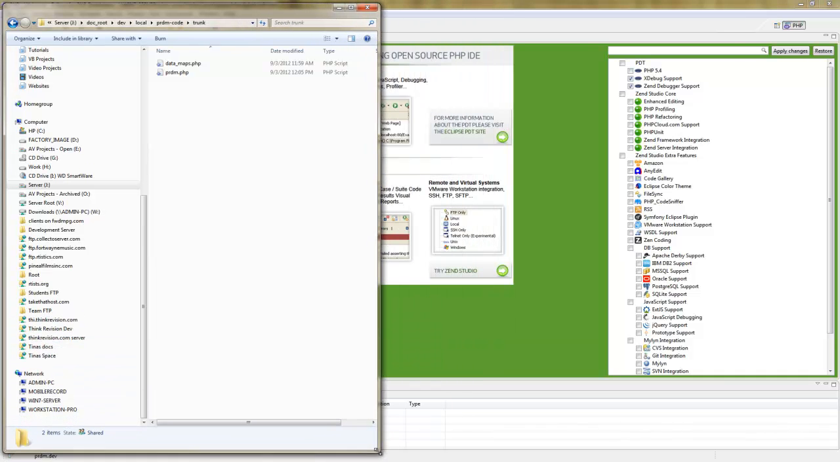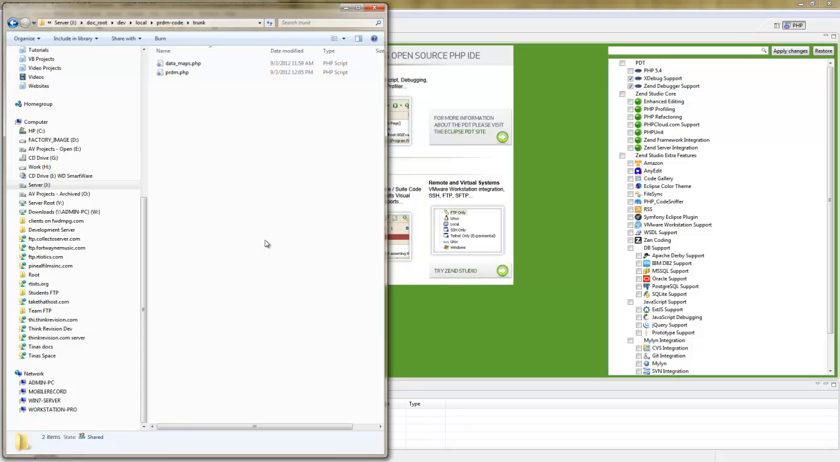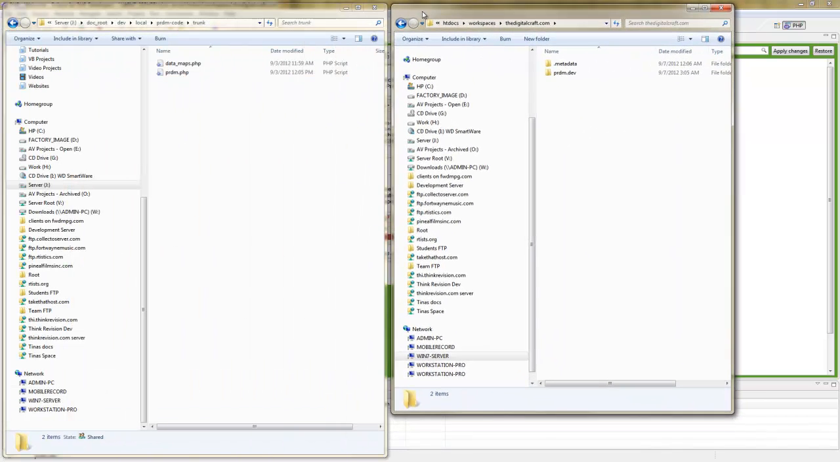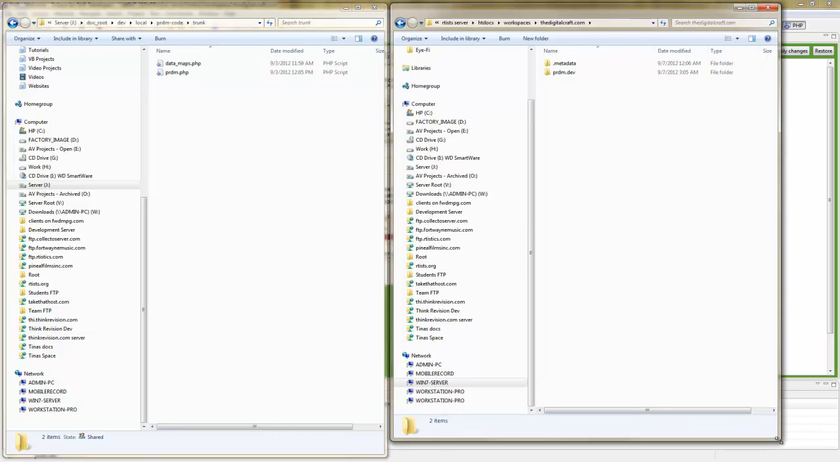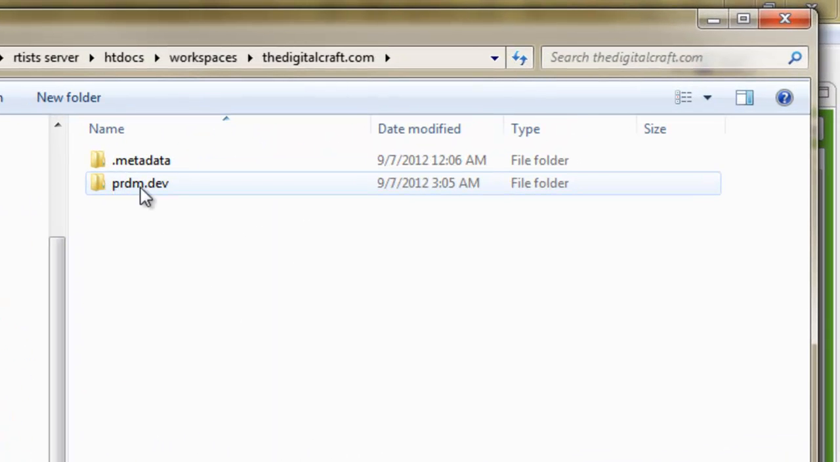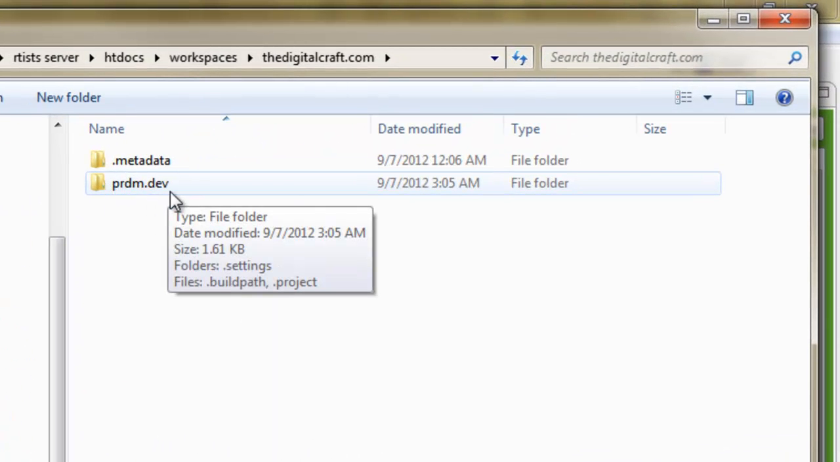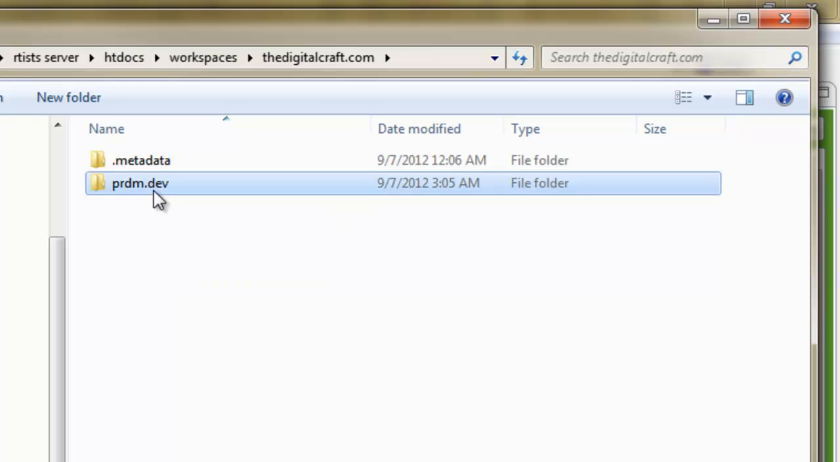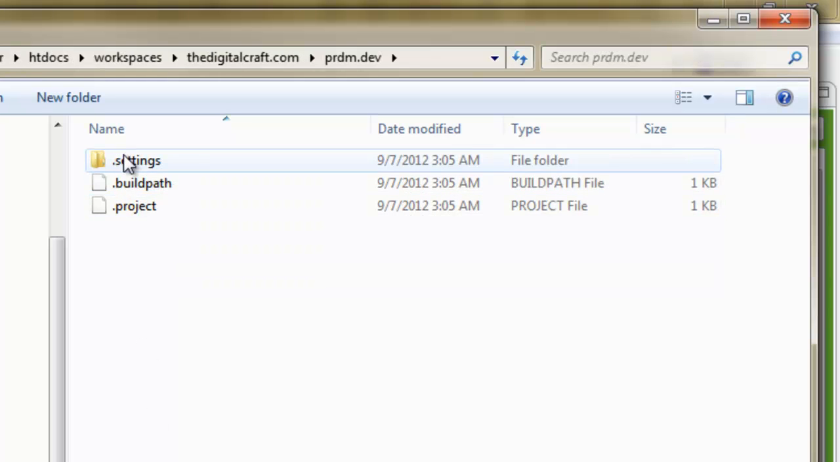And as I said, it's a very simple project. It's only 2 files. And then this that I'm bringing over here, this is the Workspace folder that Eclipse has built. Or this is the actual Workspace folder, and you can see my perdiem.dev folder. So if I open this, there's some files in here already,